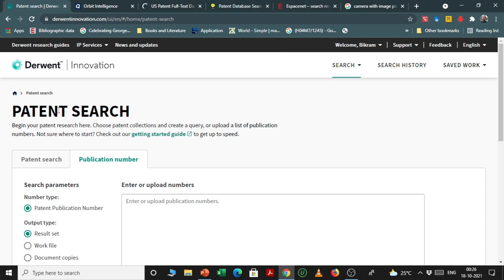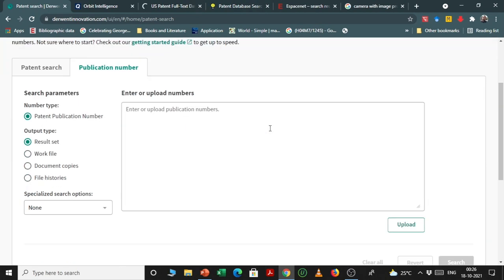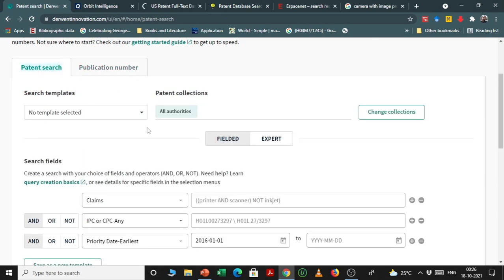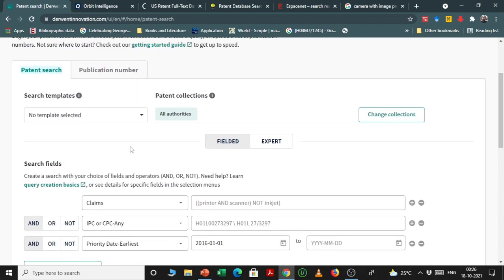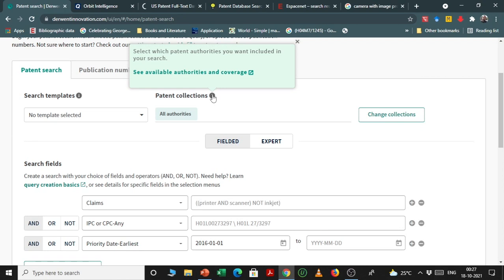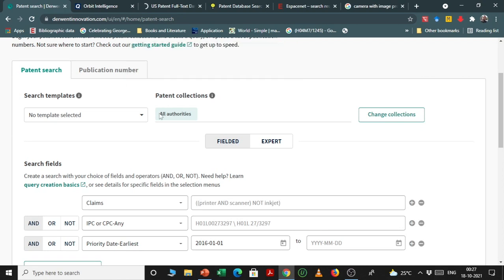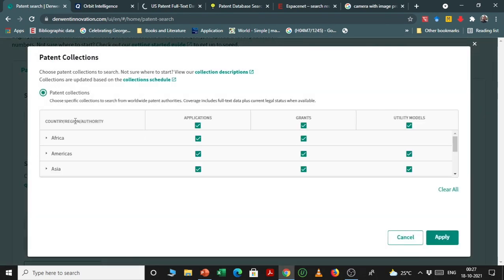This is their search window. Here you can upload a particular publication number search, or you can search a particular topic. Here you can see the patent collection, which has all authorities, and you can change the collection.